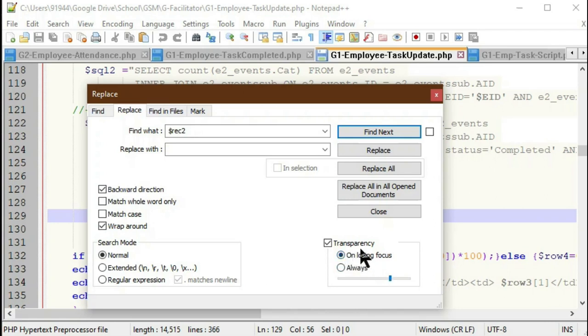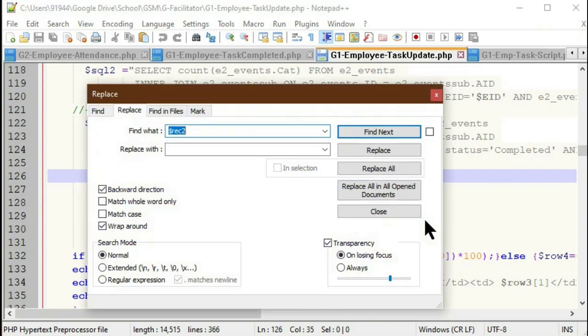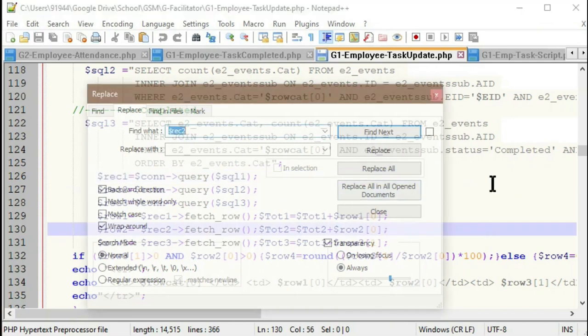Then whenever I move my mouse to the edit window, you see that the entire dialog box changes to transparent, so we can see through to the background content. And again you can click that dialog box, then it will come back to the normal mode. Suppose I click always, then it will stay in transparent mode only. It will not return to the normal mode.